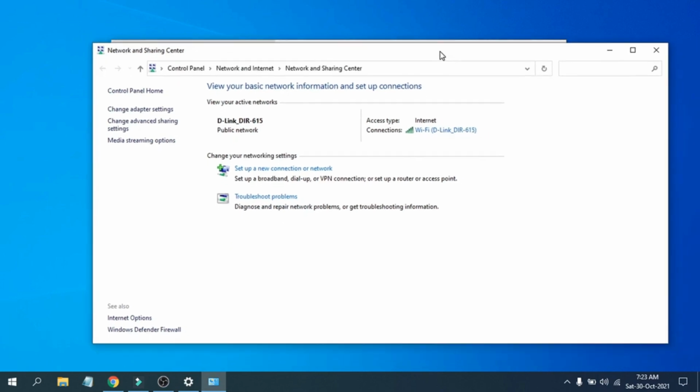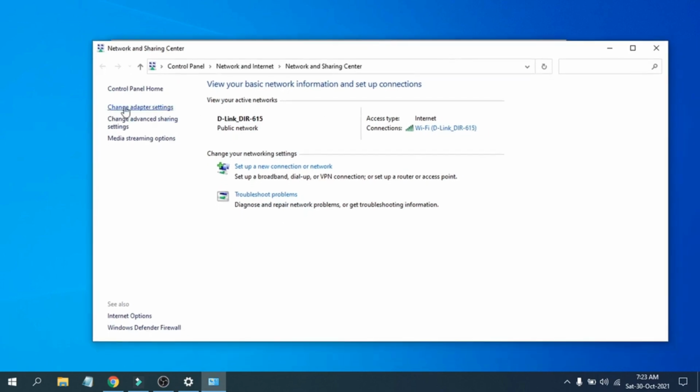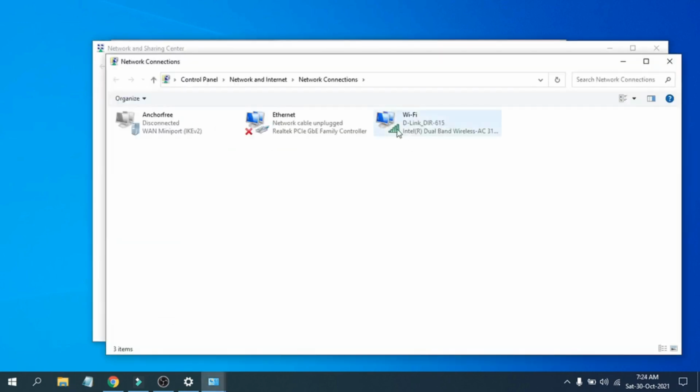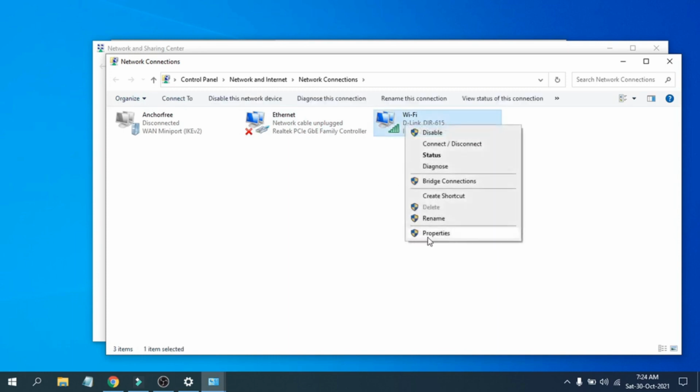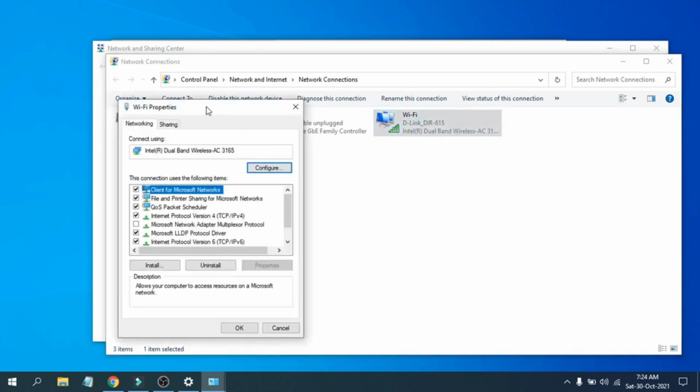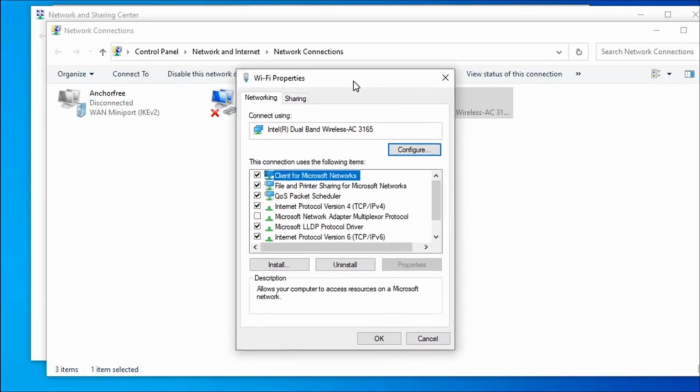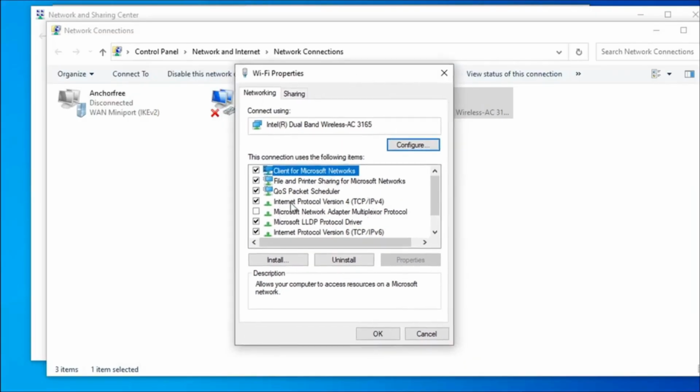After opening the network and sharing center, you just have to choose in the left here, change adapter settings. Click on change adapter settings, and then you will see the Wi-Fi option here, and it will also show you the router name here. So just click on Wi-Fi here, right click on it, and you will see an option called properties, click on properties here. Then it will show this option here. Then you have to choose the internet protocol version 4 TCP/IPv4 here,